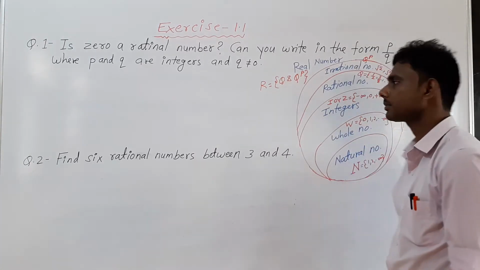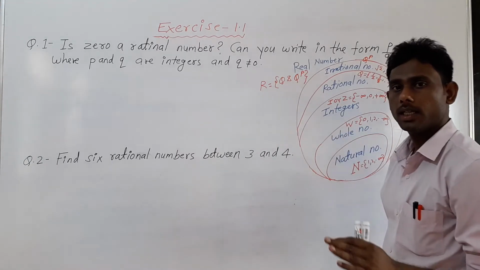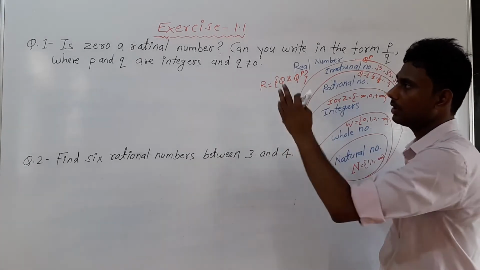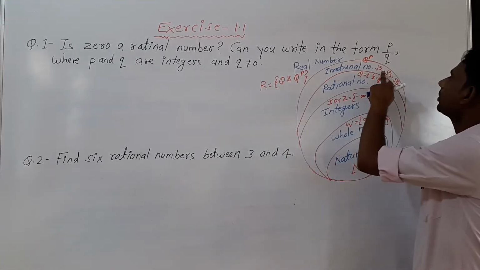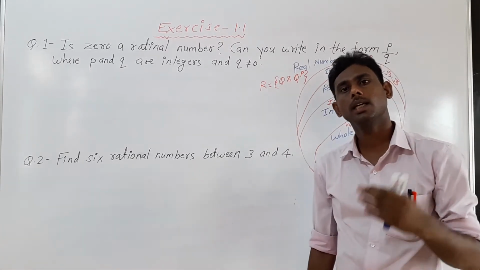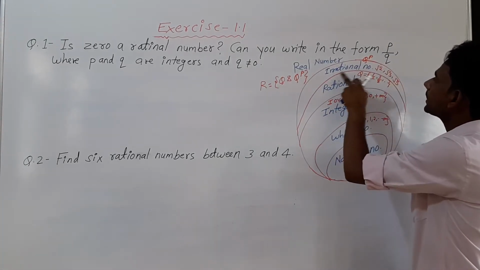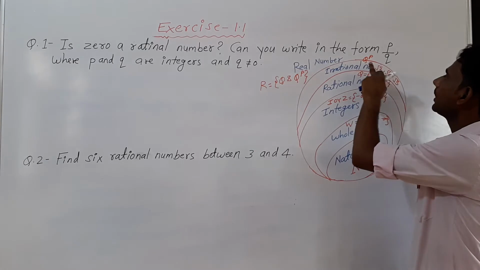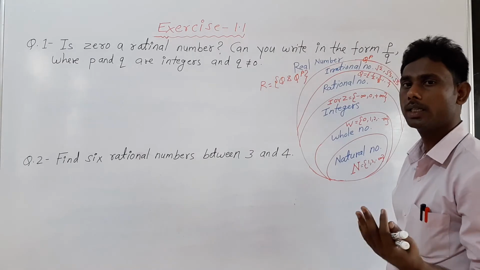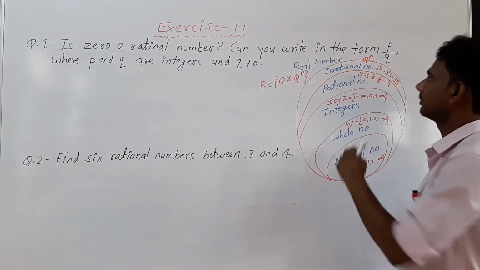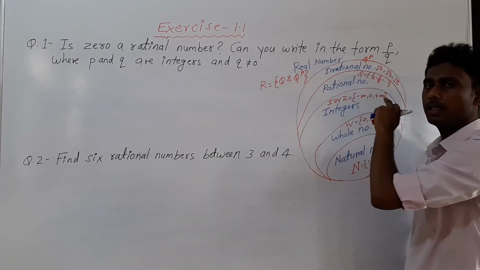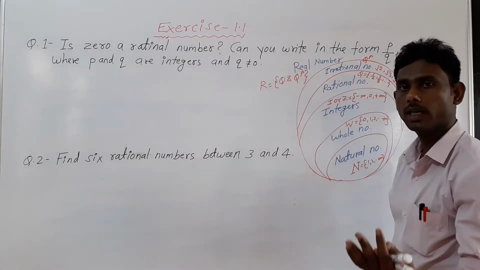Now then irrational numbers. What is an irrational number? An irrational number is a number which cannot be put in the form of P upon Q, where P and Q are integers and Q is not equal to 0. For example, root 2, root 3, root 5, root 7, root 11, root 13 and so on. An irrational number is represented by Q raised to P, or you can read it QP. P stands for prime.